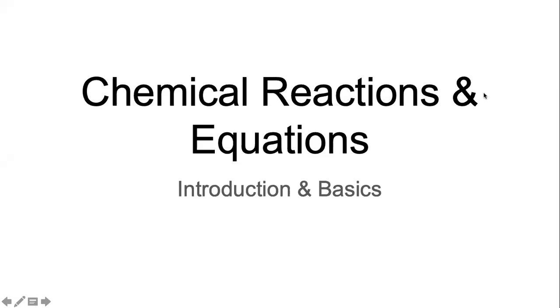Okay. In Science 1, we have already completed 3 chapters: gravitation, space missions, and periodic classification of elements. We will start a 4th chapter for the year, which is chapter number 3 in the textbook, which is chemical reactions and equations. And we will do what we do whenever we start a new chapter. We will first see what that chapter contains, what we need to know, what we will study in the chapter.